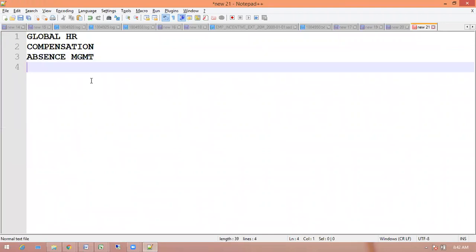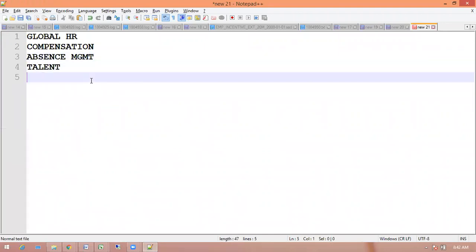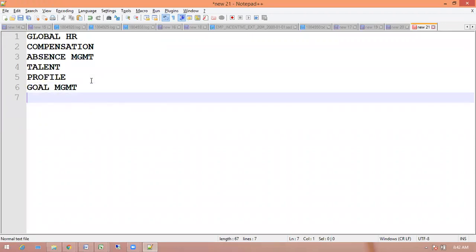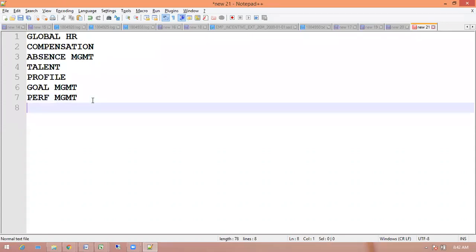Then talent: in talent, I'm going to cover profile management, goal management, and performance management. Next one is payroll. This requires fast formulas. Except for global HR, everything is basically done with fast formulas.